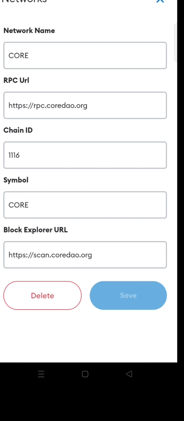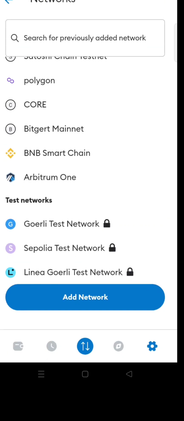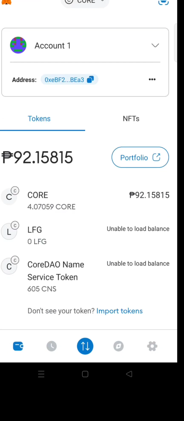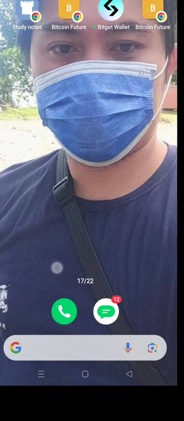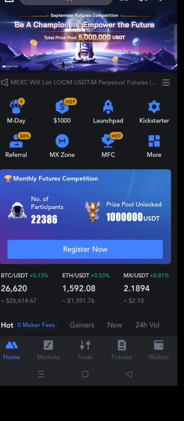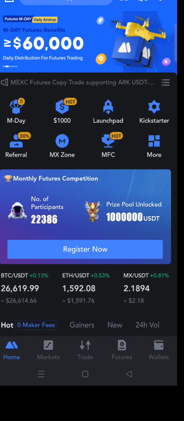After that, if you already have the Core network, it needs a gas fee, so just deposit Core or just buy Core at an exchanger, for example, EMAXC, because Core is already listed here.